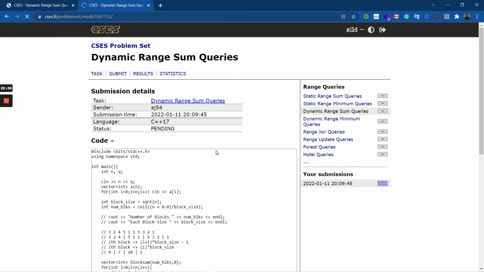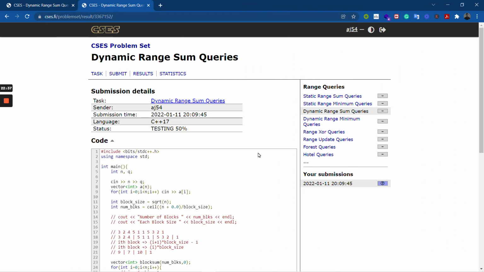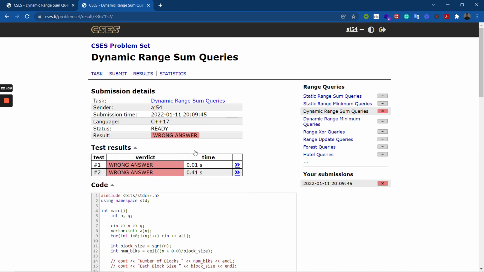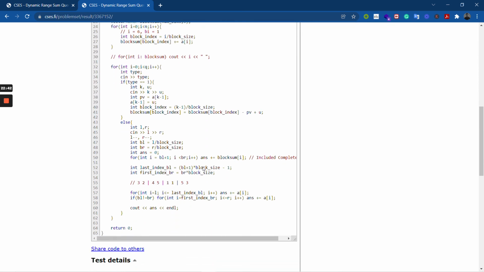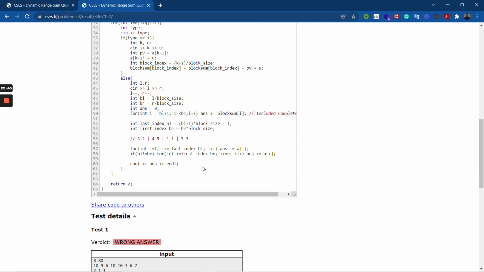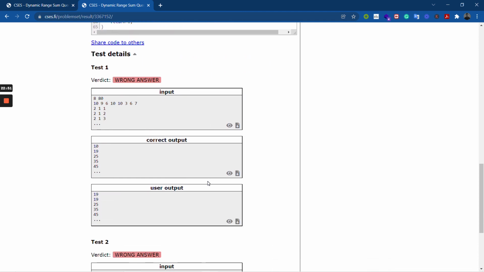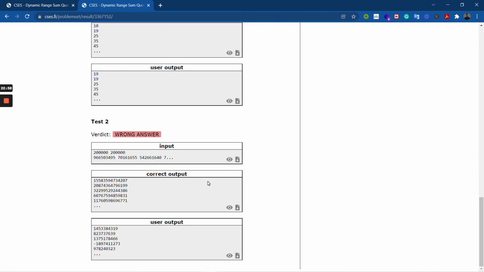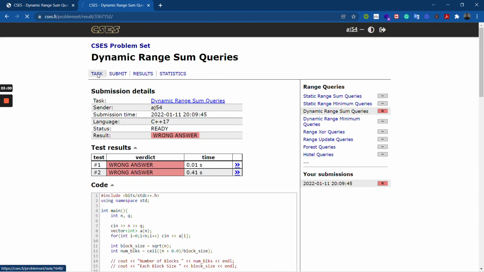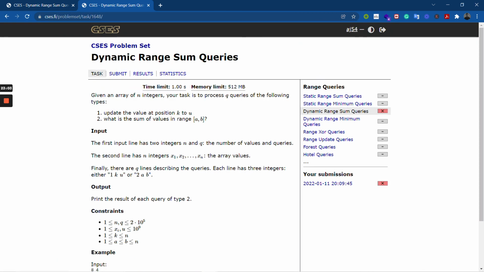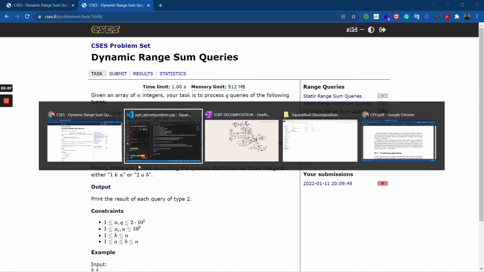Let's submit this. Okay, so there is something wrong, and I think